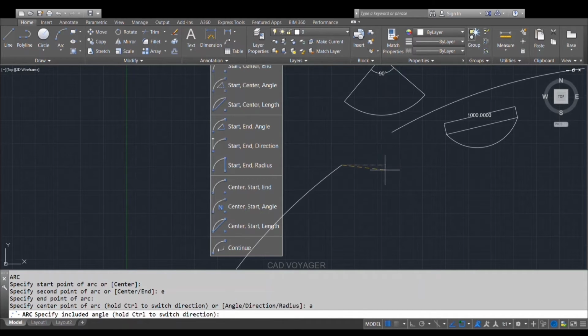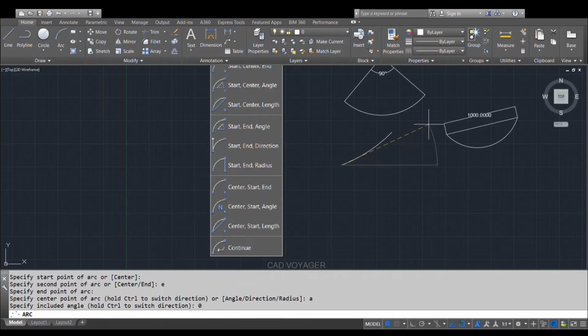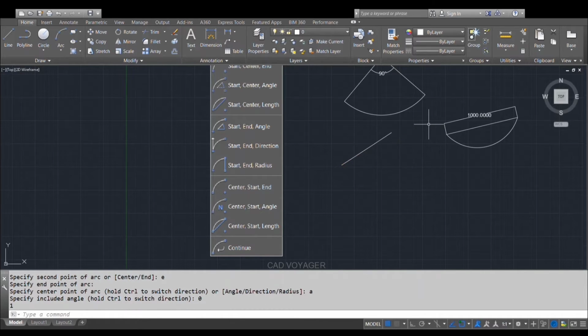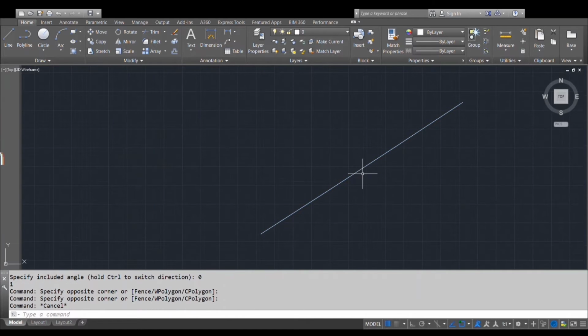A straight line cannot be drawn using the arc command. So at least give 1 degree. Here I drew the arc using 1 degree, but it is a little difficult to check 1 degree. So I'm going to show you how to check using some bigger angles.